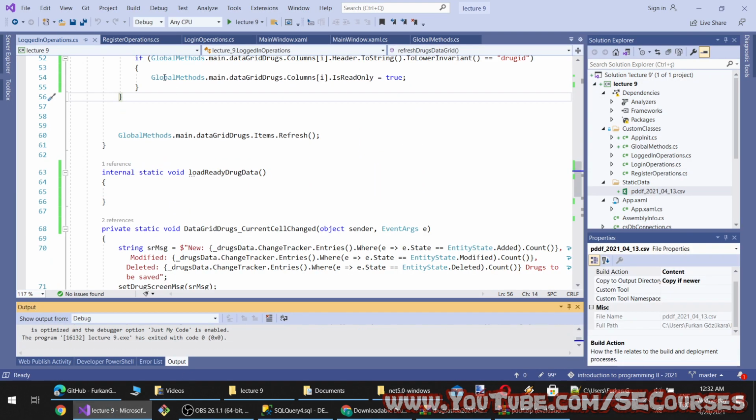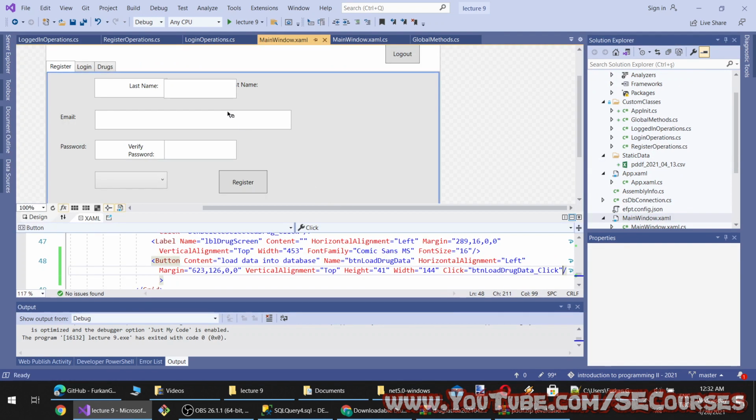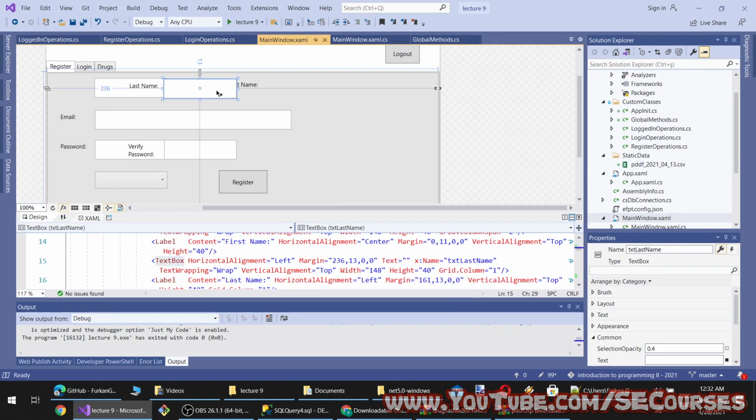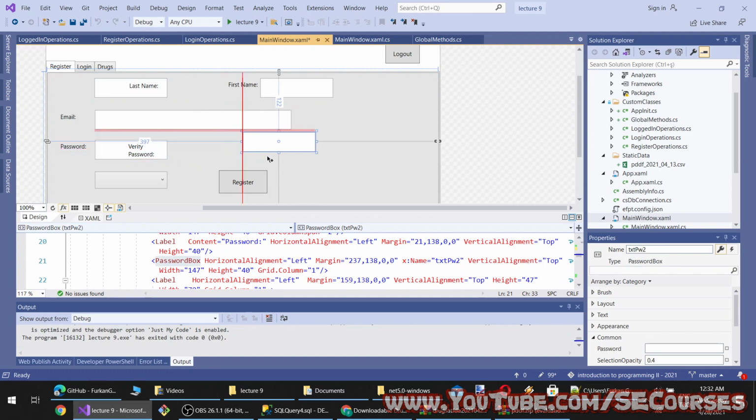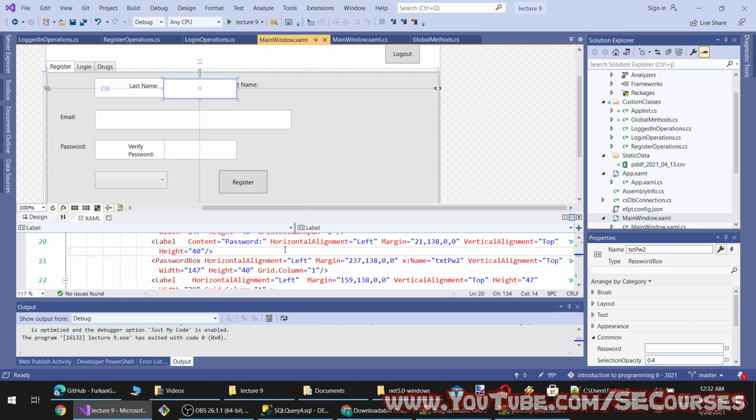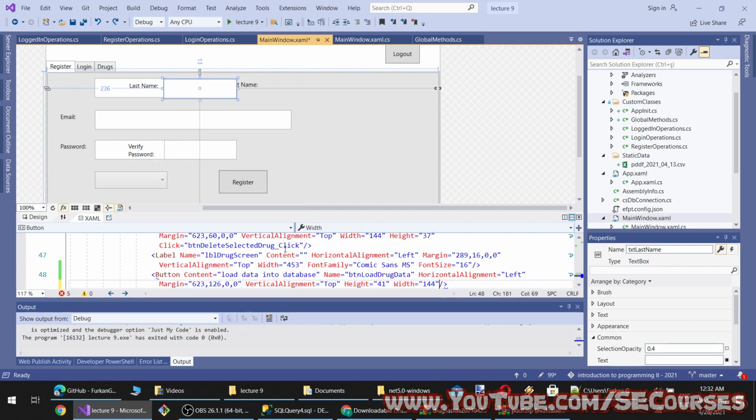Oh, we also have some problem in our... Okay, yeah, I need to change this. Did we make the column previously? I don't remember. I think, one moment.